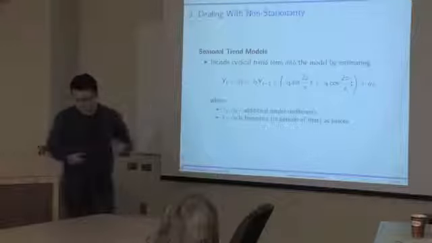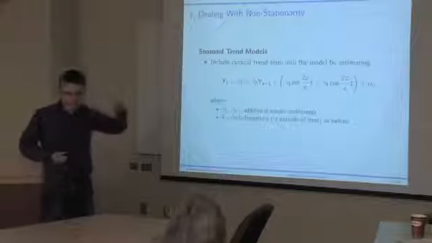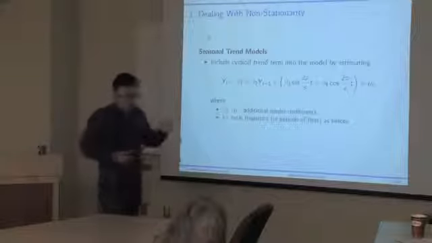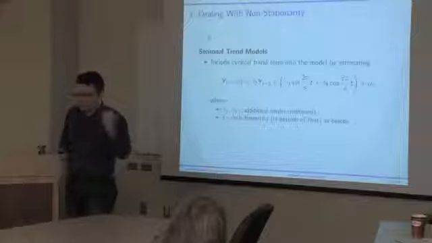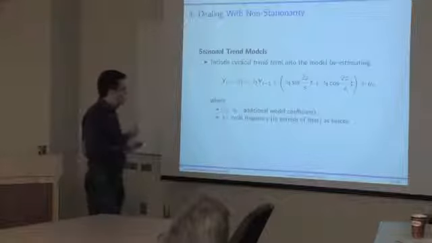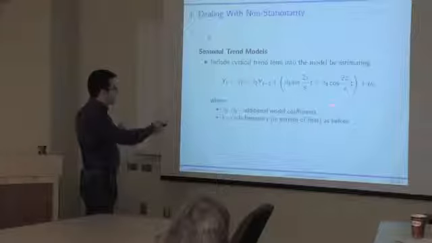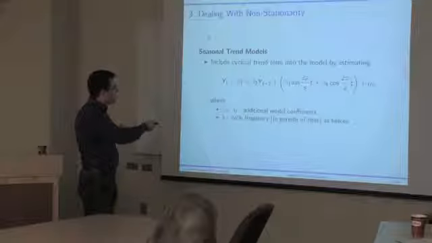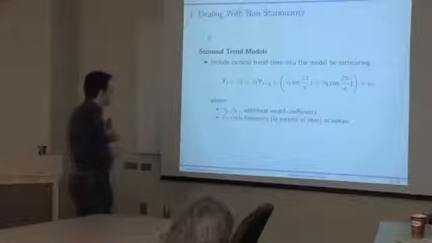So for practical purposes, again, if you want to include a cyclical trend in your model, and if you'd like to use the sine function to model the cyclical trend, then you can augment your model by including this trend term, which is a sum, again, of two functions, a sine of time and a cosine of time, and which also depends on the cycle frequency, your little s, which you chose.